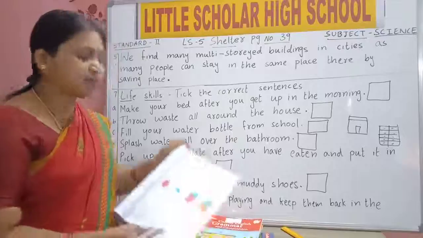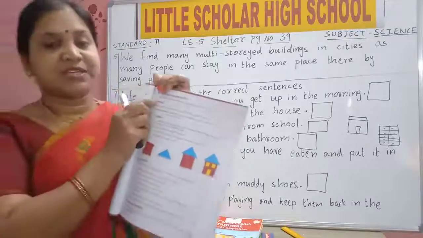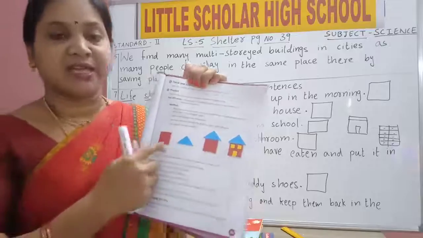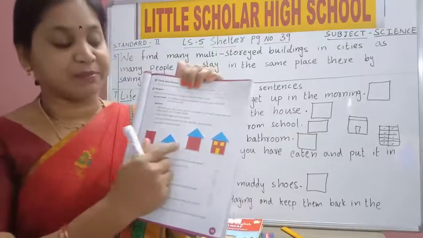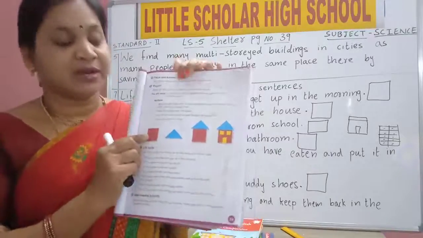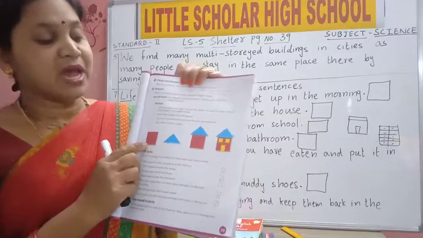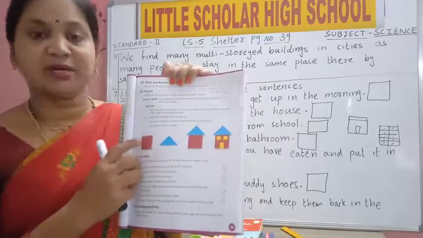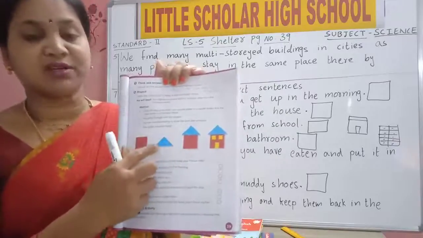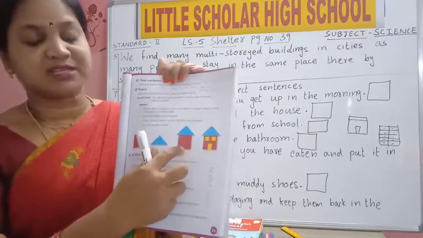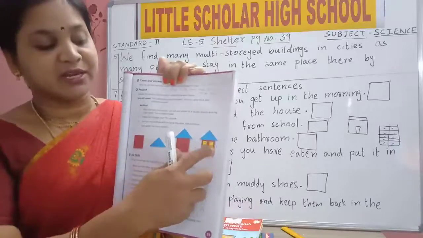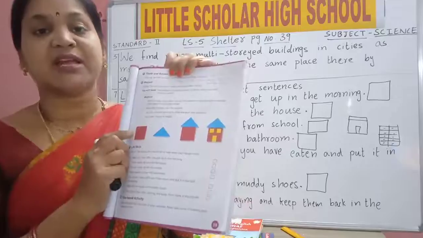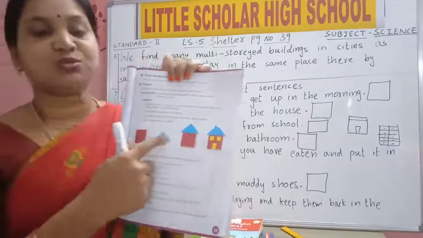Now second one, see project. Sixth one, page number 39. What is this? Yes, house. With color papers they showed you how to make a house. You can do it in the same way. First you should cut a square piece of paper. Then this is what? Triangle. Then you can place it on the square. Then with any other color you can make doors and windows.